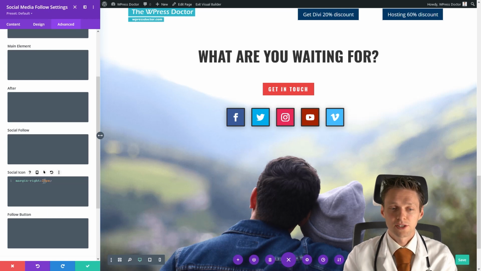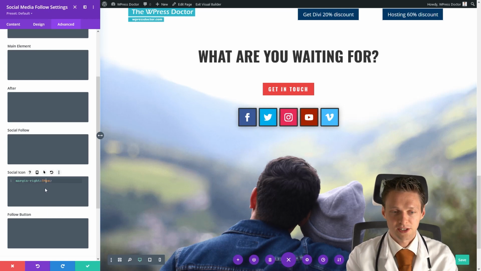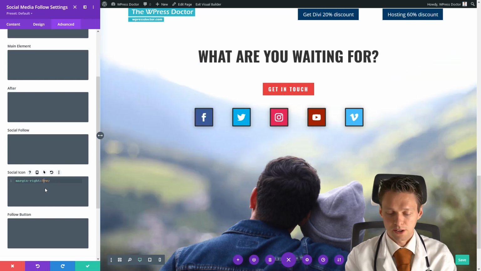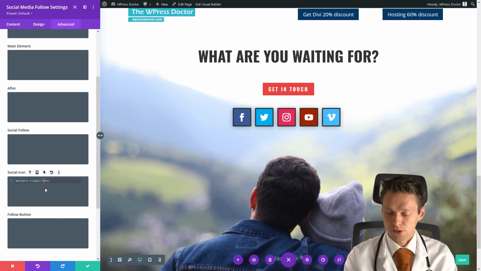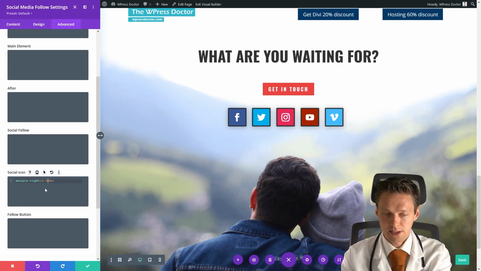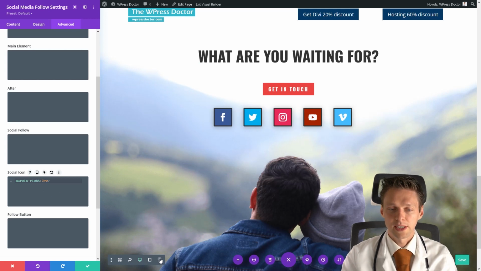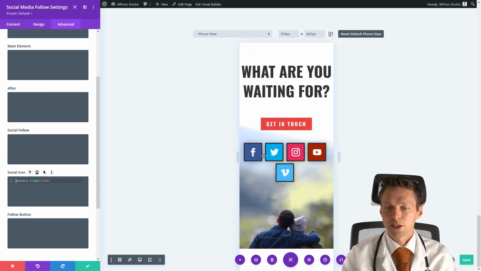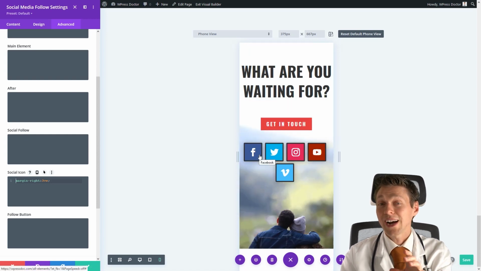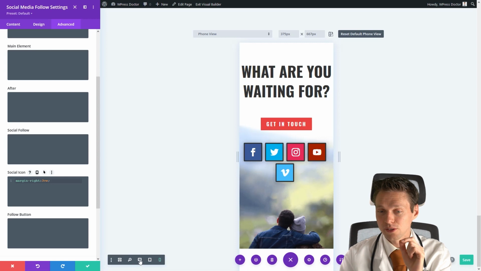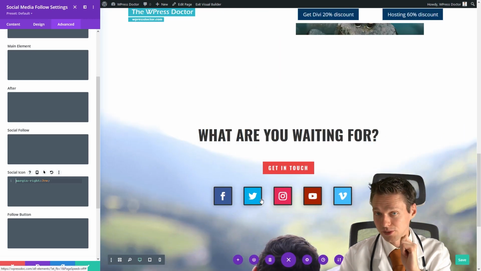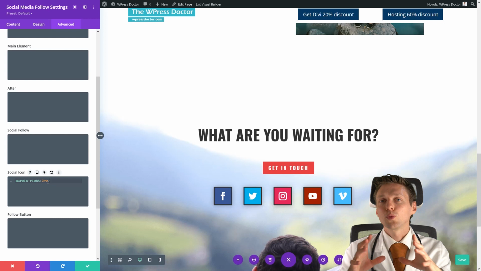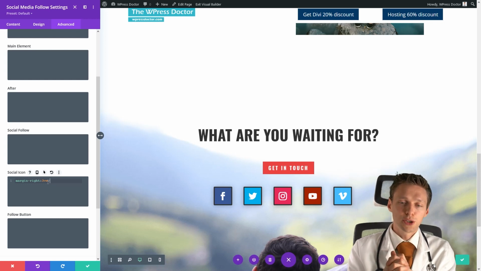You can, of course, change this also to percentages or view wide. So it is all being calculated on the view wide of your screen. The bigger the screen, the more space there is. That would be great to go with 3. And if you now switch to mobile view, you will see that the view wide, the space between the icons is less than when you go to desktop. You see? So it's been calculated by the view wide of your screen. It's a pretty useful one.